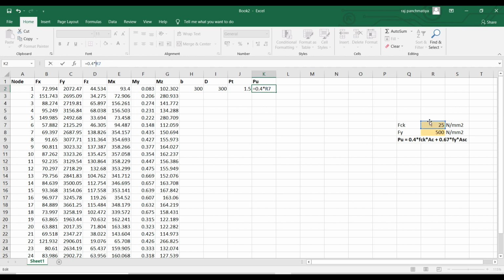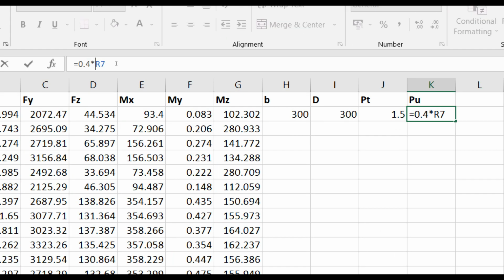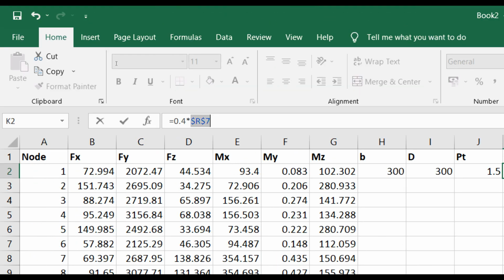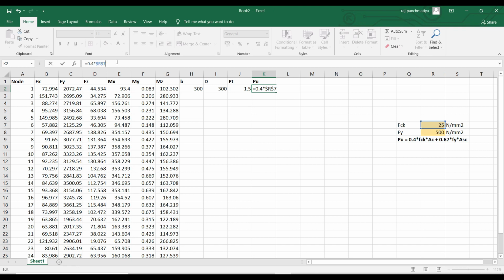If any value is fixed for all the cells, then we use absolute cell referencing. In order to do the absolute cell referencing, press F4 from the keyboard. A dollar sign will appear before this. So now 0.4 times fck times Ac. Ac is nothing but the area of concrete, that is B into D,